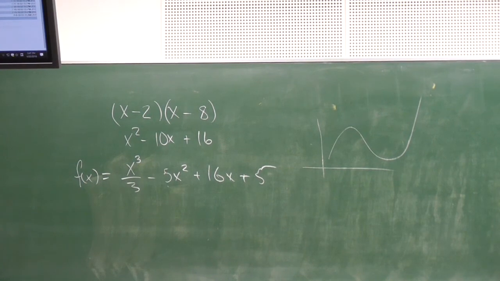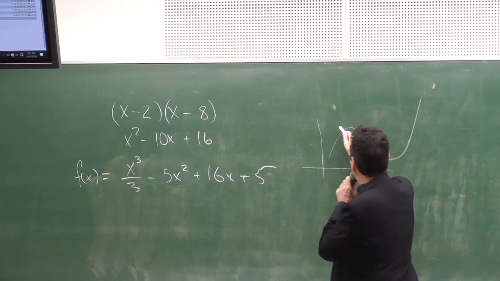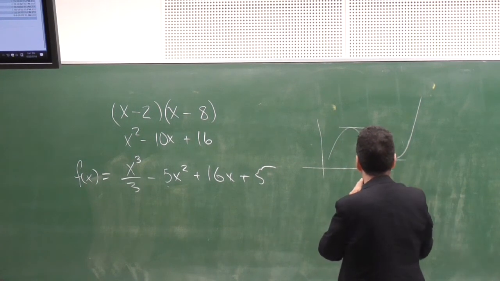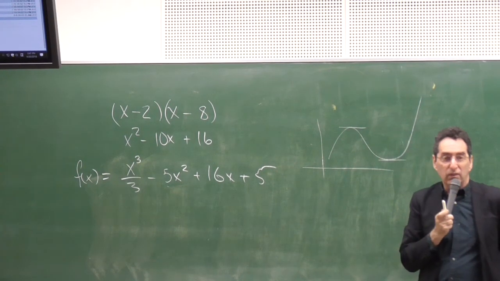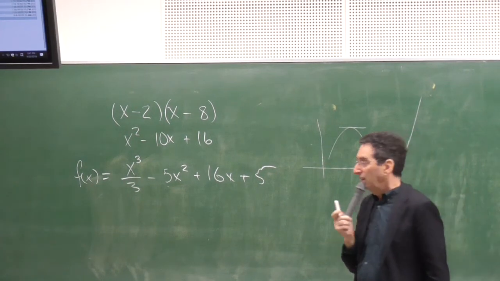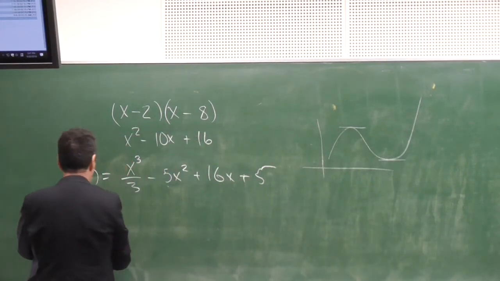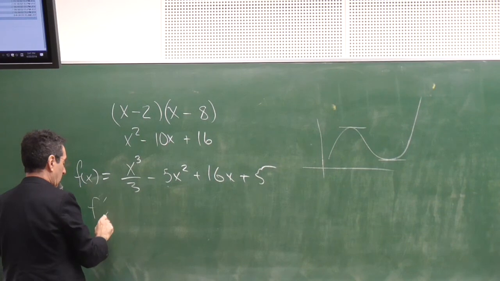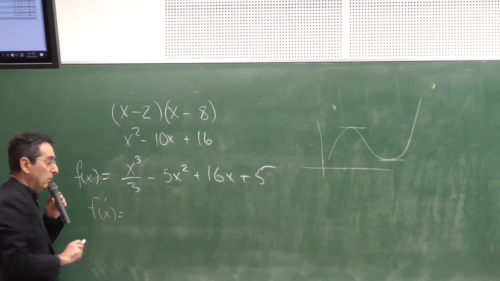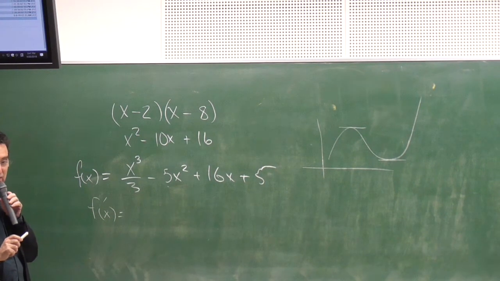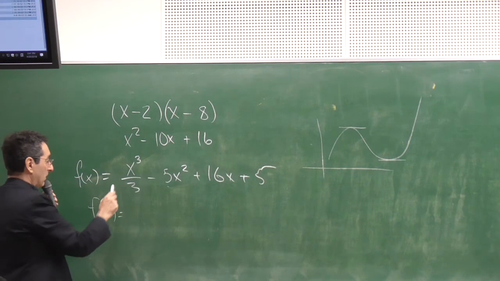What about the slope there? It's 0. So whenever there's a relative maximum or minimum, the slope is 0. So we use that idea. Okay, so what we'll do is find the derivative